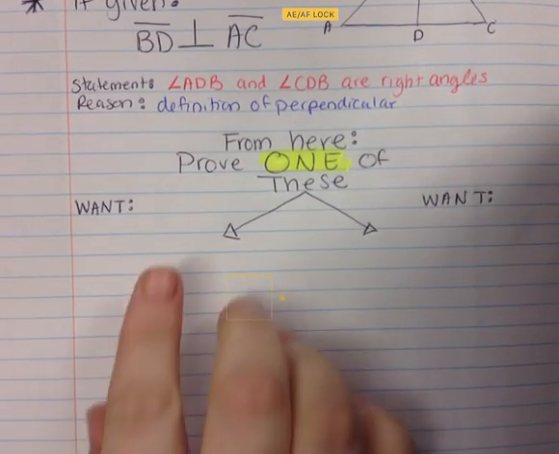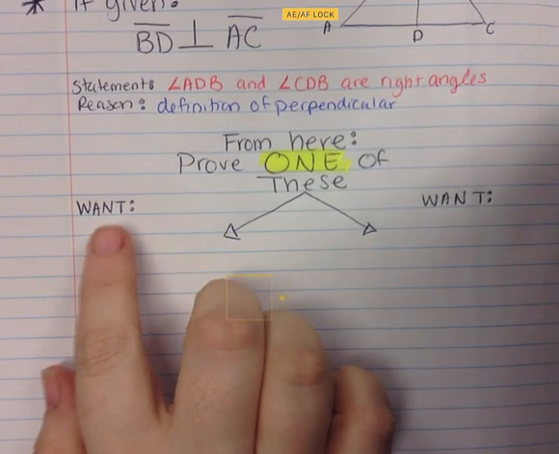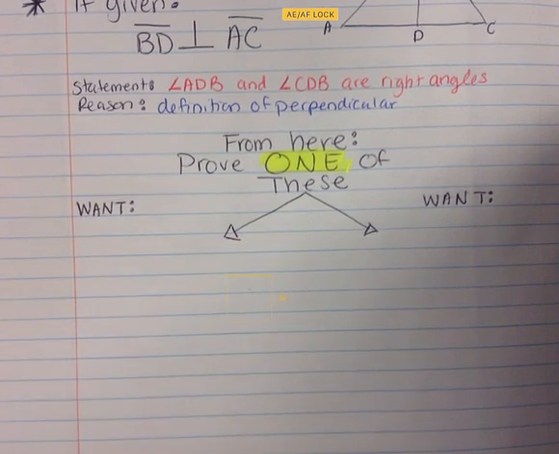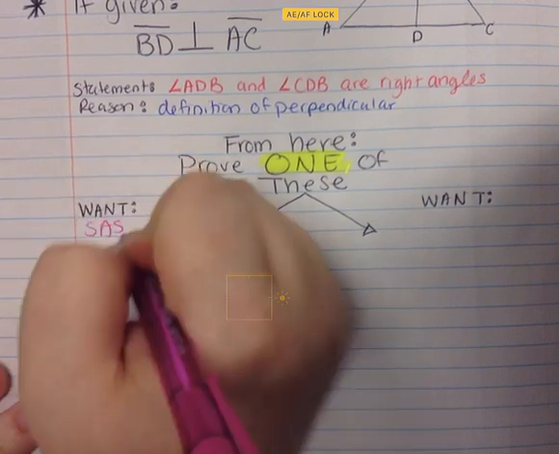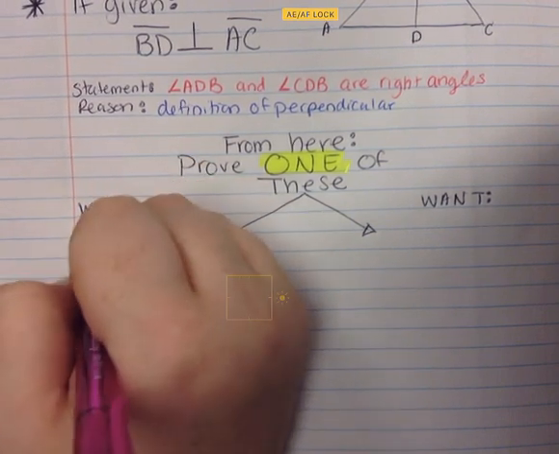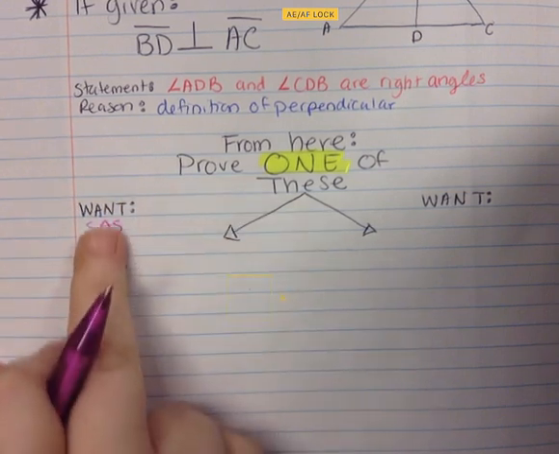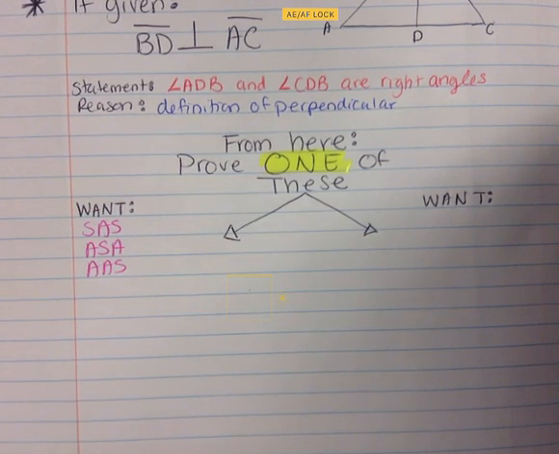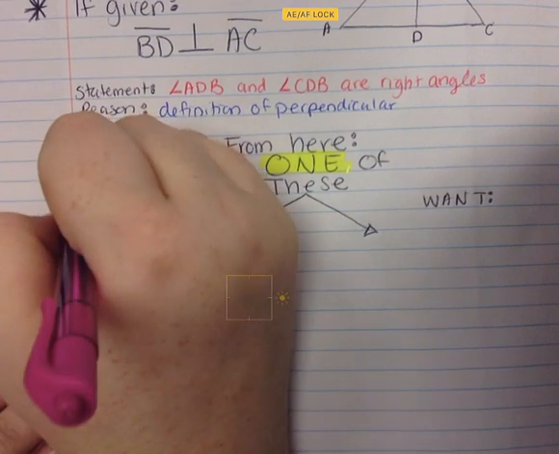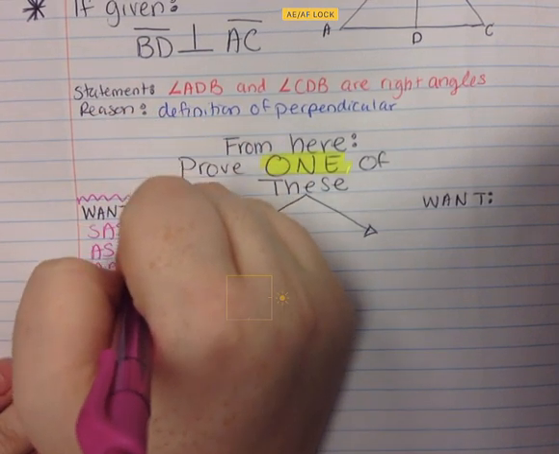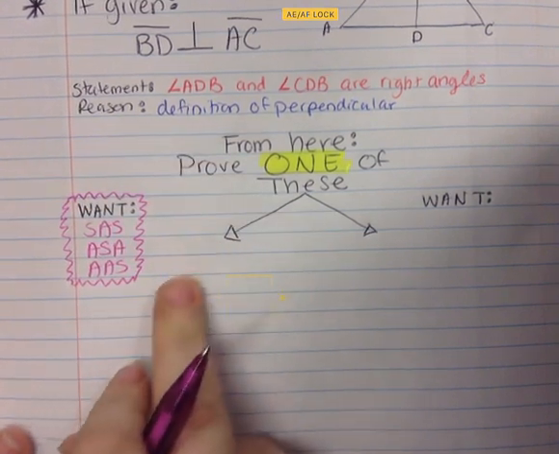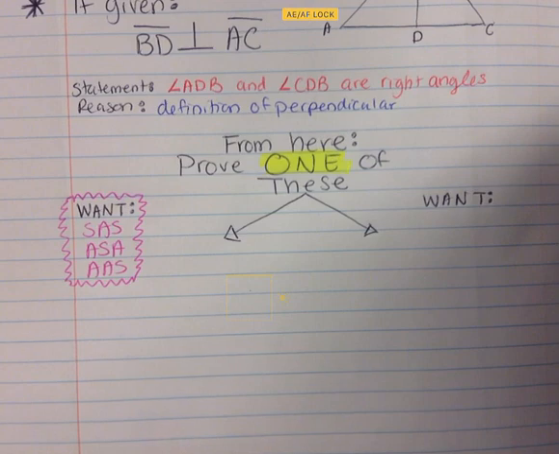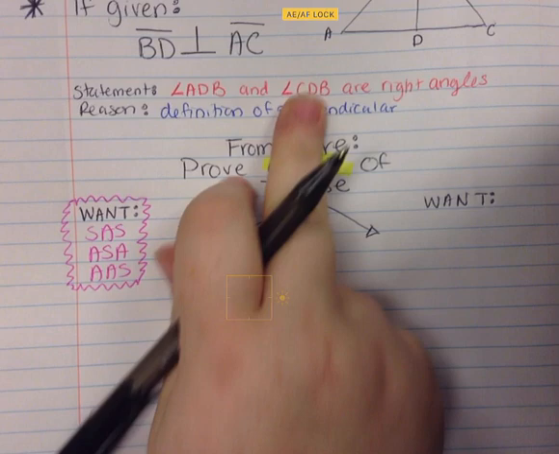So you'll prove, it depends on what you want. If you are trying to prove side angle side, or angle side angle, or even angle angle side, if you know that that's where you're going, so this is what you are wanting to try to prove at the end. If this is your last reason, you want to go and try and prove one of these. Your next statement from here,